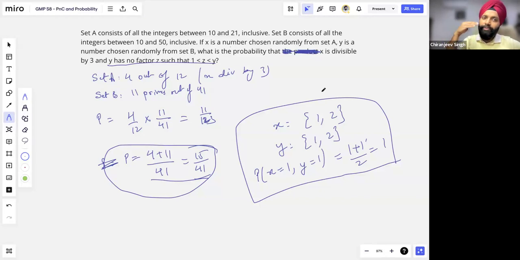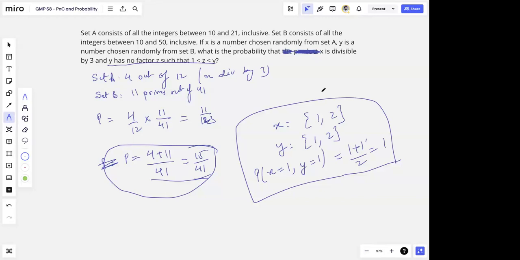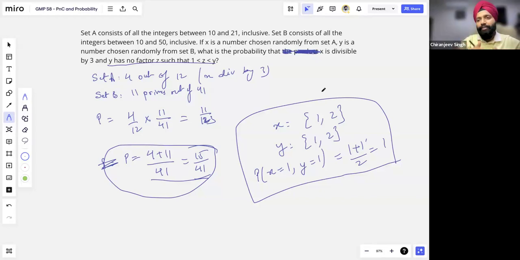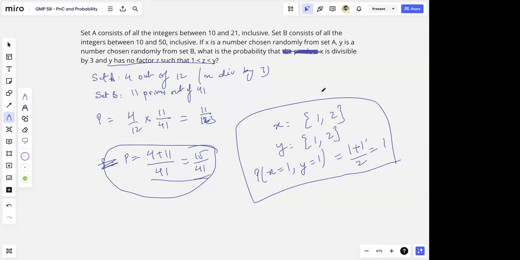We want x to be divisible by 3 and we want y to be prime. Both cases are satisfied, that is where I got confused. I couldn't differentiate that part. I know that "and" is supposed to be multiplied and "or" is supposed to be added. But